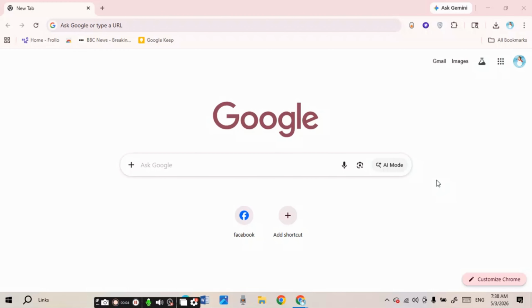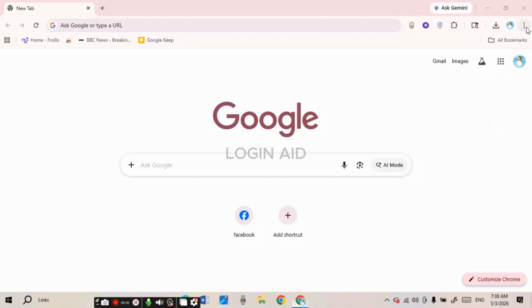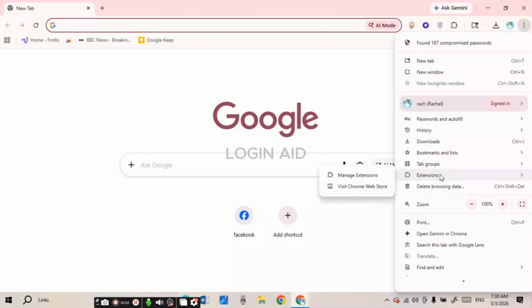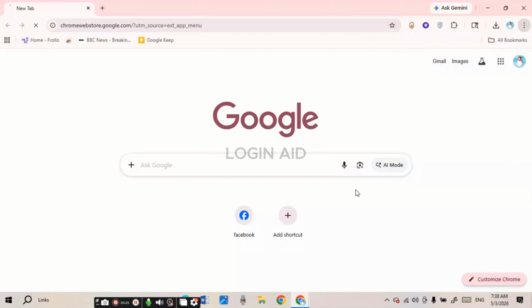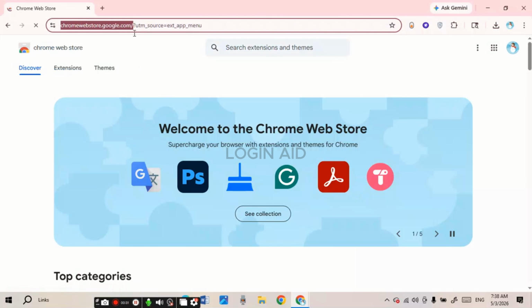In today's video, I'll teach you how to block YouTube on Chrome. What you have to do is simply click on the three dots that you can see at the top right corner of your screen. Now after that, click on the option extensions and click on this option visit Chrome Web Store. After that, you'll be able to visit the Chrome Web Store, or you can also click on the search bar and type in this link